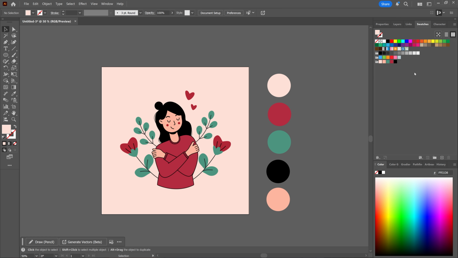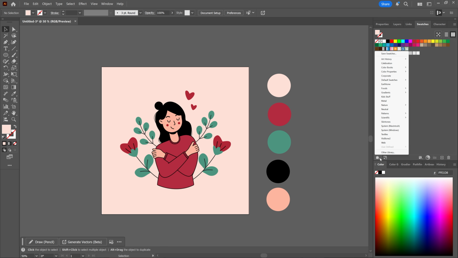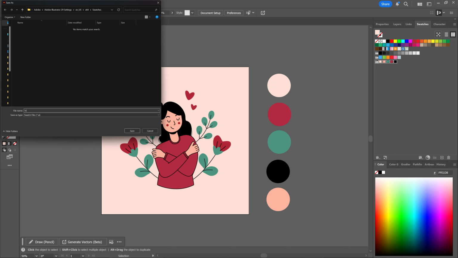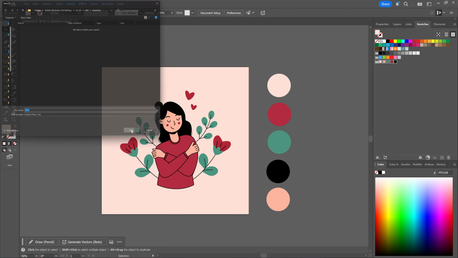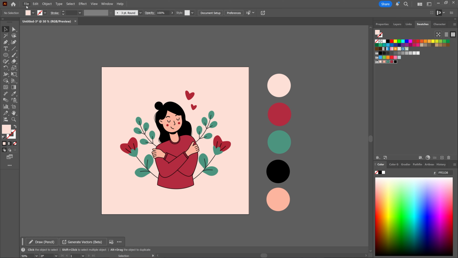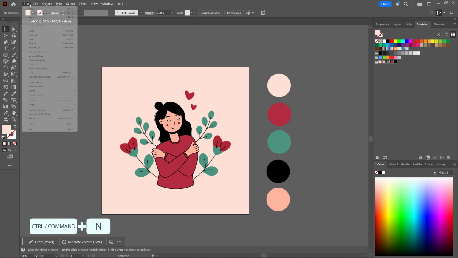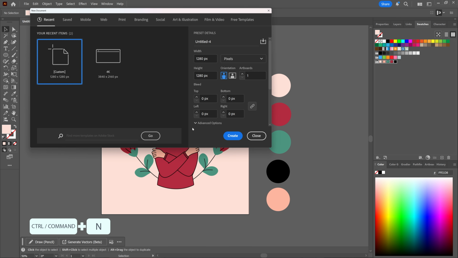So now these swatches are only available in this project, and if I want to use it in other projects, that's what we have to do. So click this icon and then save your swatches. And then save. And if I now open a new file, so I'm going to File, New, or Command-N, create